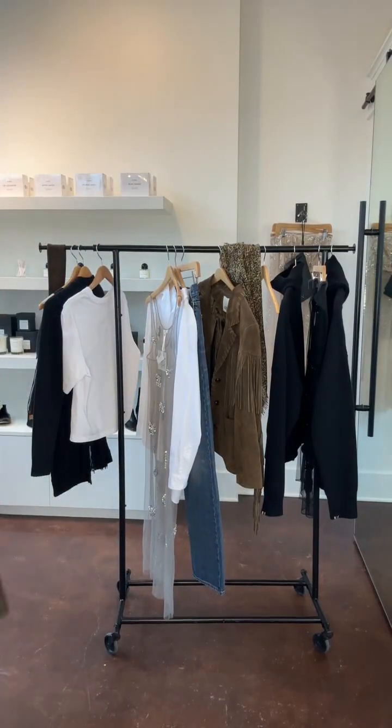This is a coat from Isabel Marant that's also so cool. And I thought that I would kind of style this, again, you can throw this on over your white t-shirt and denim. I think you can throw any of these pieces on over your white t-shirt and denim. But I really like the